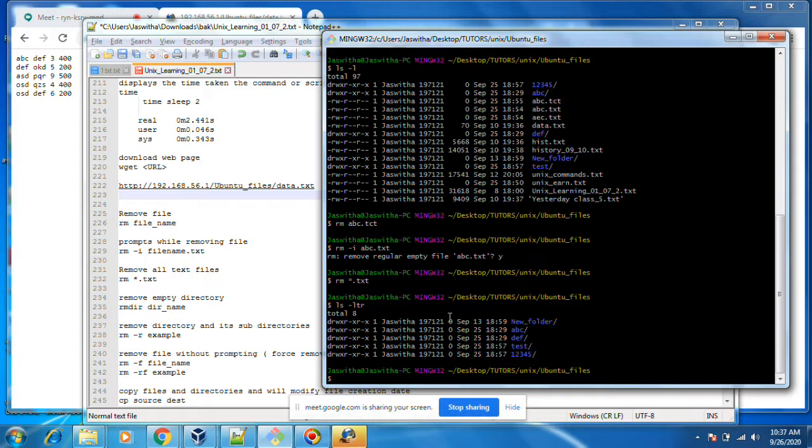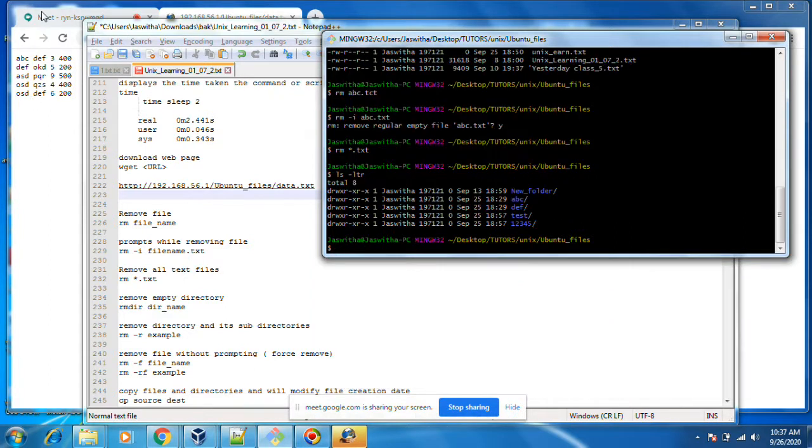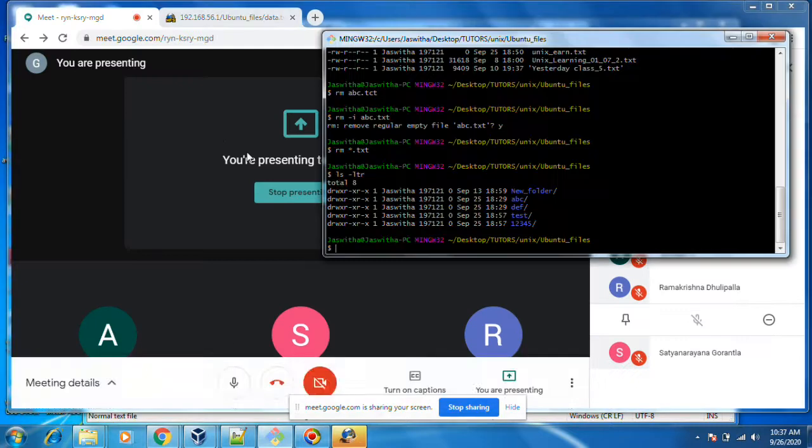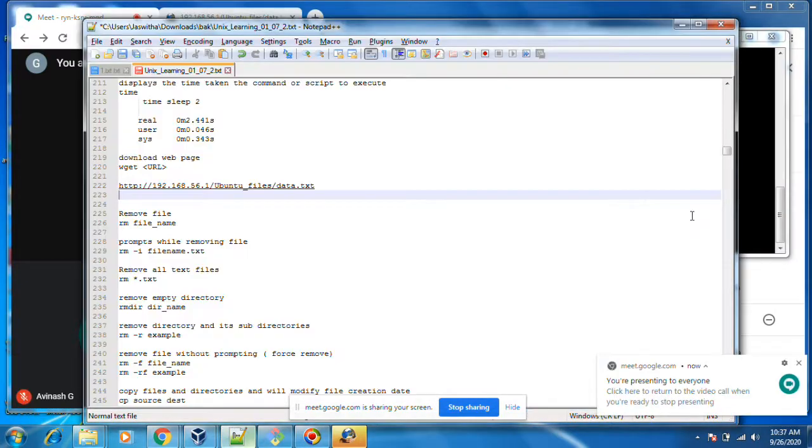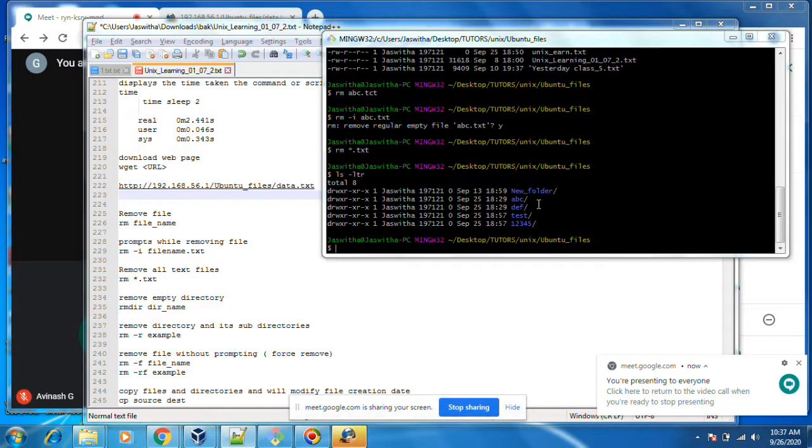Okay. Remove empty directory. This is a 0 KB directory now. To remove an empty directory, rmdir abc.